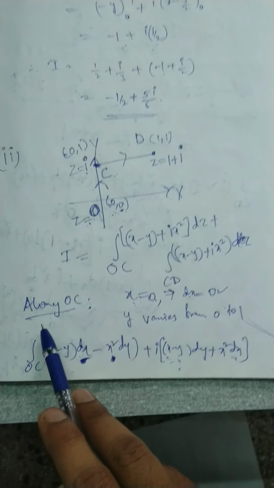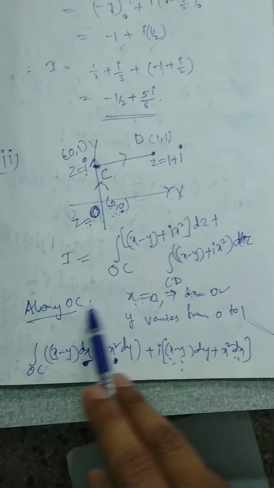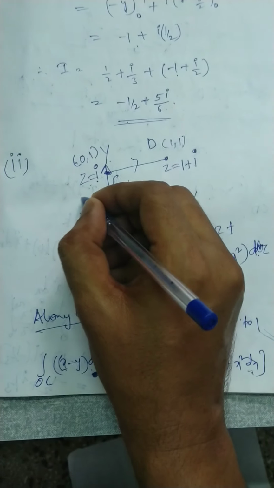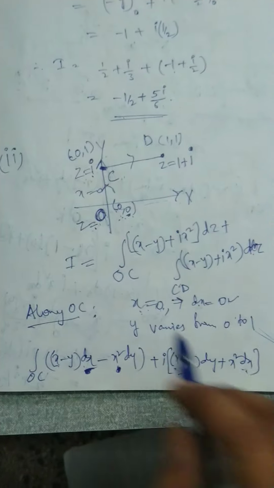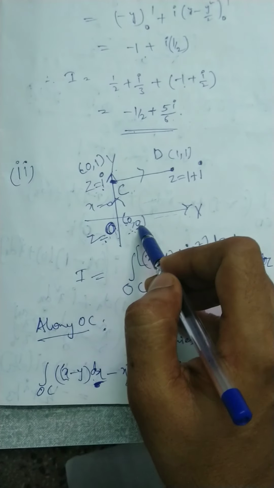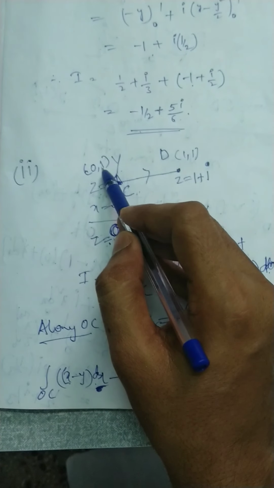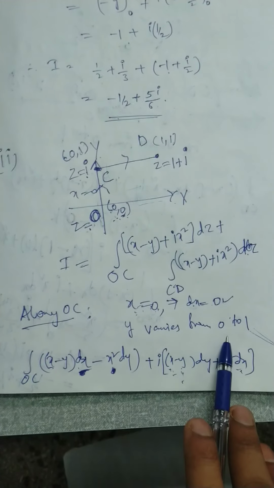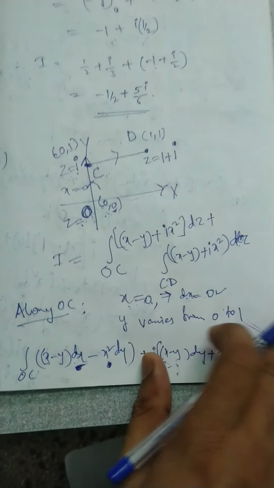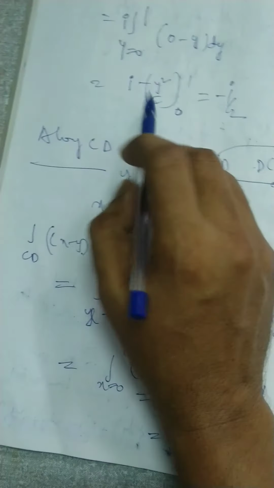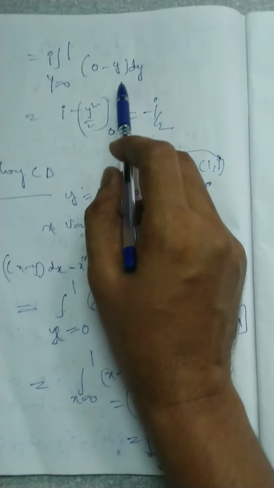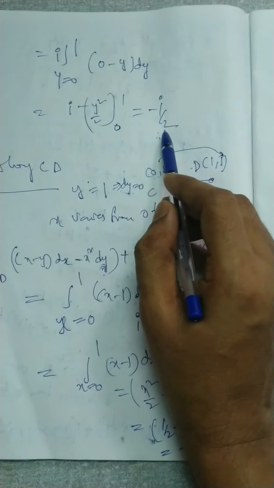So using the information as we did in the previous case, along OC you can observe that this is the imaginary axis, the y axis, so x is equal to 0. So corresponding dx will be 0, and here y varies from 0 to 1. So using this information the integral can be written like this along OC and can be simplified by taking i times the integral of y from 0 to 1 of (0 minus y) dy,